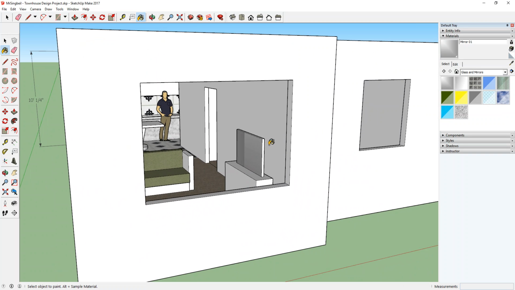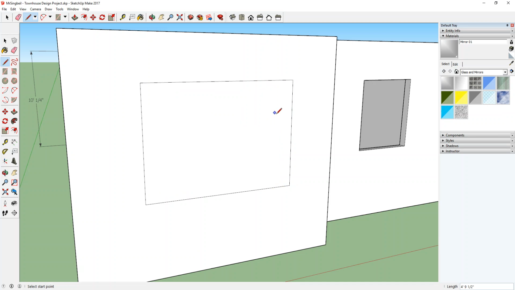And then if you wanted to put transparent glass in the window, you could actually add the window back in. So we take the pencil tool, we add that in, and then you switch to